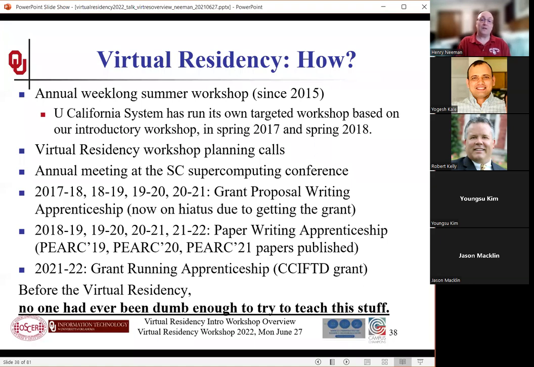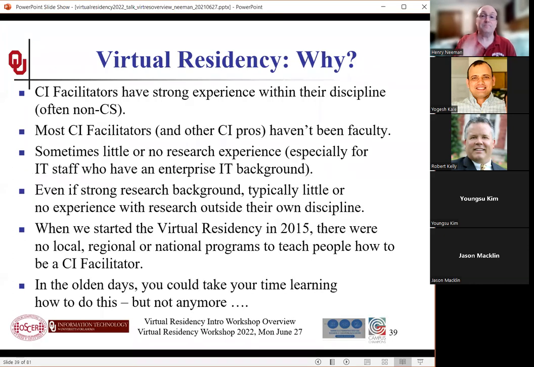And I should say about these apprenticeships, the idea is, the way I learned grant proposal writing was, I have a friend in chemical engineering here at my institution. He writes amazing grant proposals, and so he effectively took me under his wing as a co-PI, and I sat with him while he wrote his proposals, and he thought out loud while we were doing this, and I learned so much from him, and I thought, well, why can't everybody learn that way? So we just started writing grant proposals on Zoom, and it's worked beautifully.